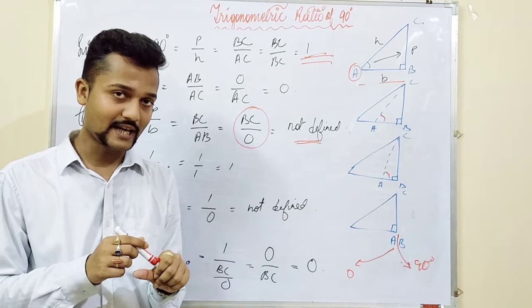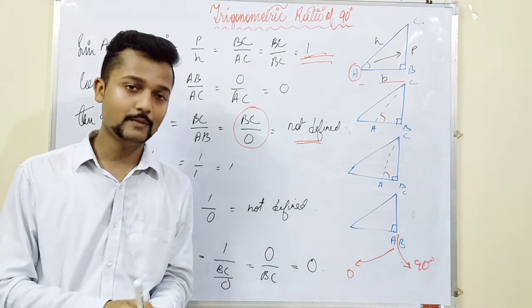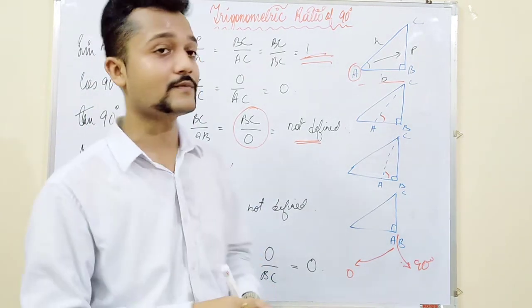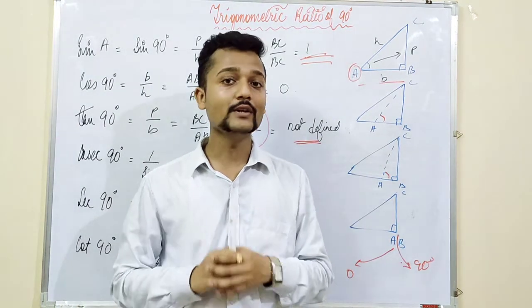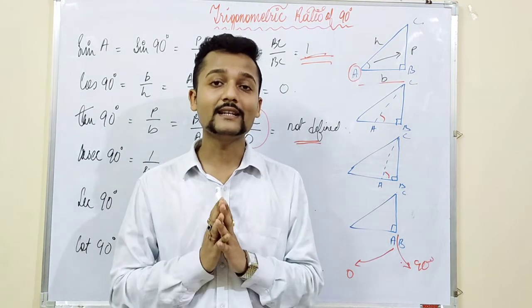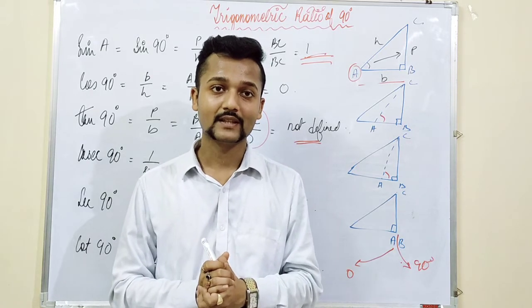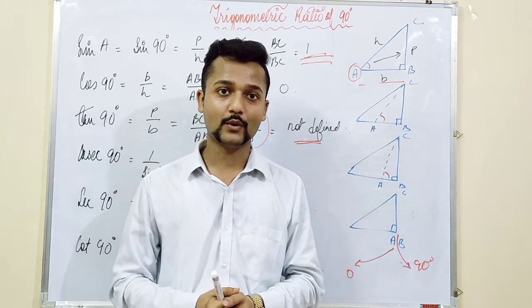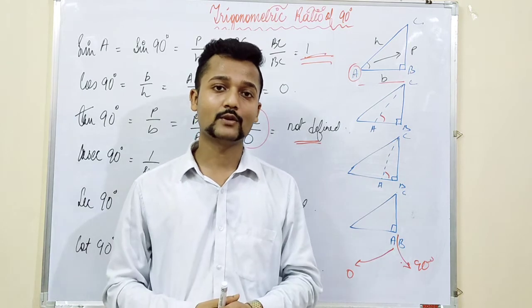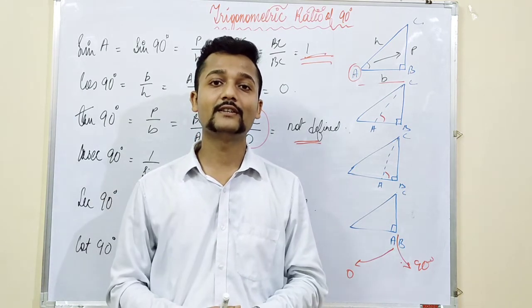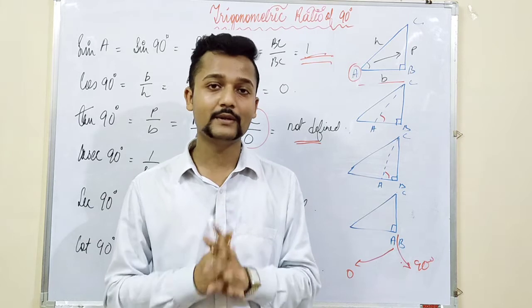With this we come to the end of the whole topic, trigonometric ratios of some special angles. How is it useful? You will get a table where you require the value of these particular angles. That means sine 90 degree is equal to how much, cos 90 degree is equal to how much, or cosec 30 degree is equal to how much. This kind of value will be required for you all.